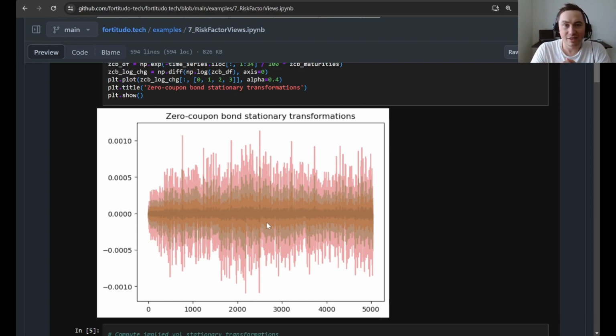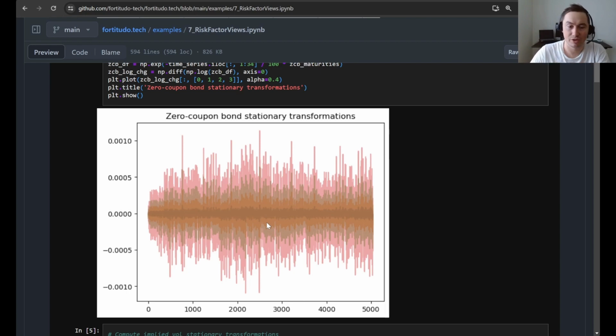For interest rates, it's probable that they are stationary already, but the values might be highly persistent, making it harder for some statistical models to learn. So it's really up to you if you want to do this transformation or not. This is just one suggestion that we have. The important point is that when you make these stationary transformations, it should be easy for you to come back to what you actually want. So in this case, you should be able to compute the zero coupon curve, because this is what we'll be